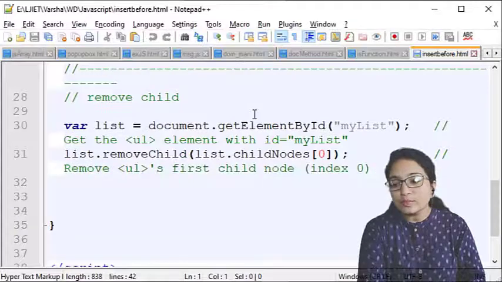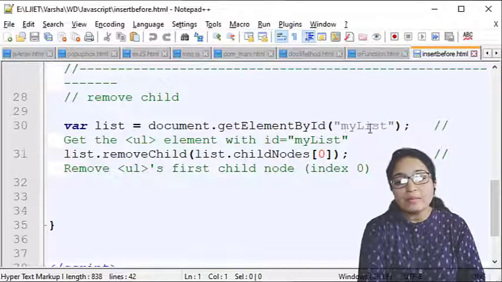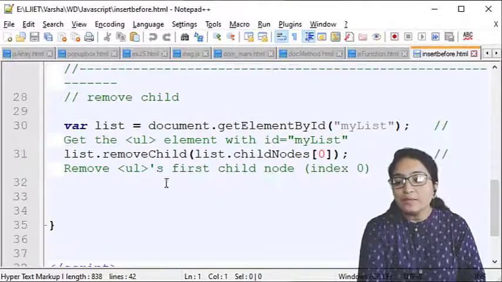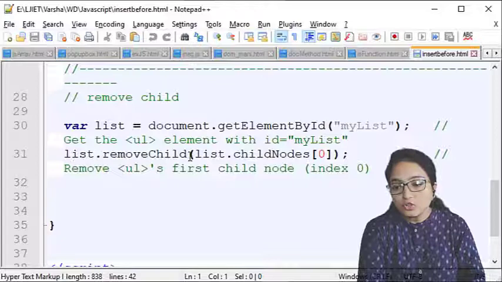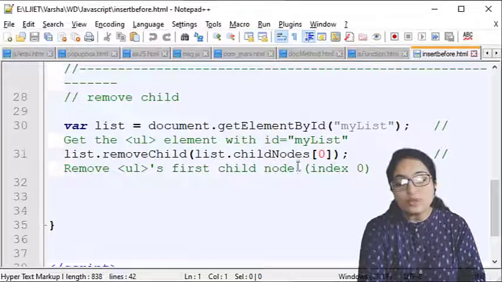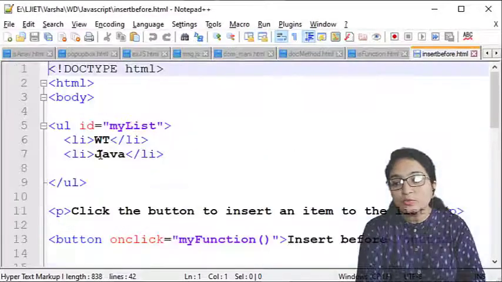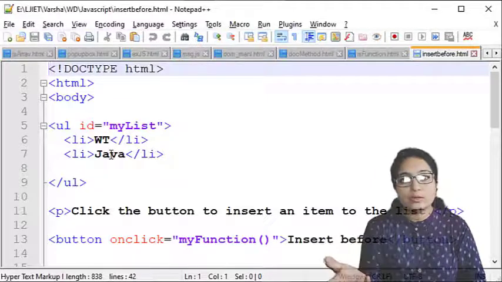Here var list = document.getElementById("myList"), so we are accessing this list, and list.removeChild(list.childNodes[0]). When we click on the button, it will remove the child node at position 0. So it will remove this WT, and again you click.